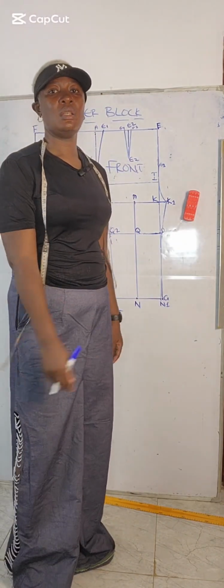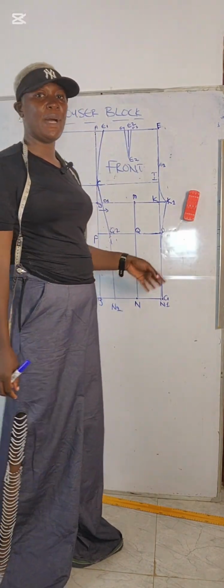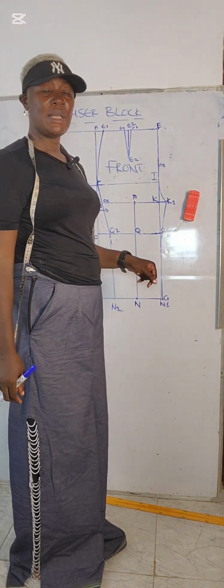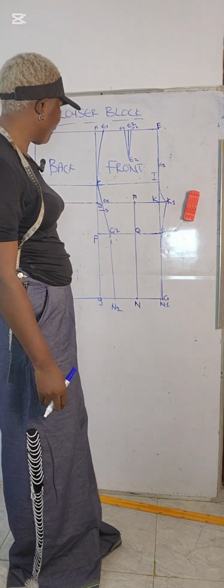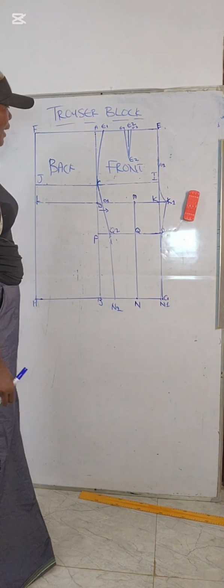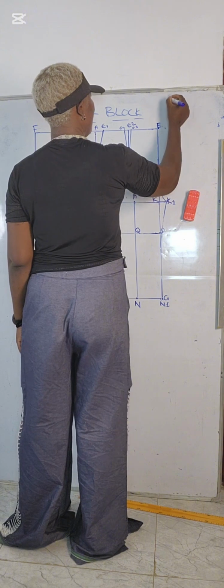Hi guys, now I want us to draft the back of our trouser pattern. We are done drafting the front. Our last number here is Q. Then the back,